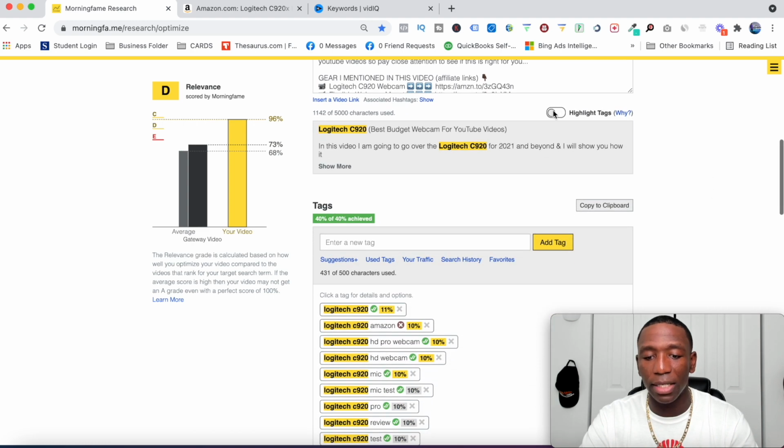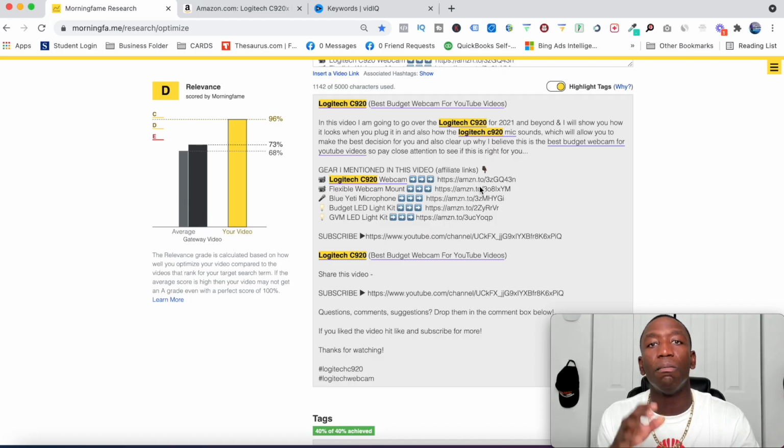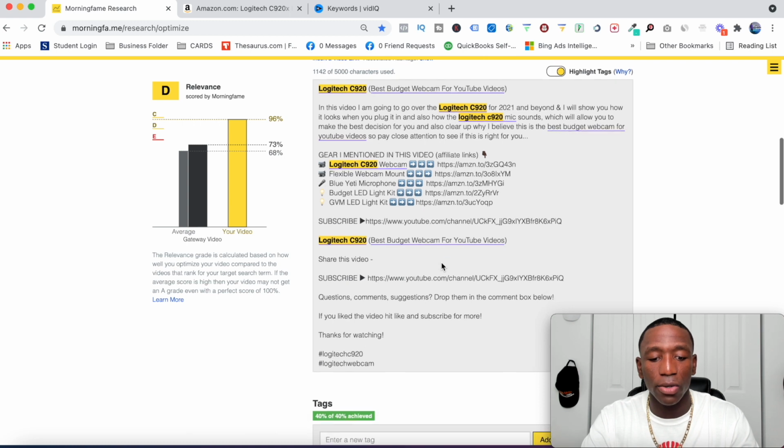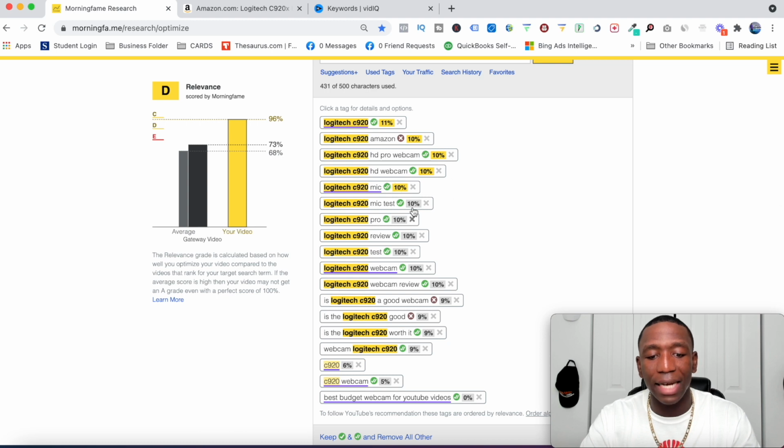Let me show it to you with the keyword density tool. There's my keyword once, there's my keyword twice, and then this is a variation of my keyword. And then you can see I got my affiliate links, because I talked about more than just one product in that video. That's why I have multiple affiliate links here. And then we got my keyword in there for a third time. At the bottom, I have my hashtags, which is another way to get discovered on YouTube as well. And then down here, I got all of my tags taken care of.